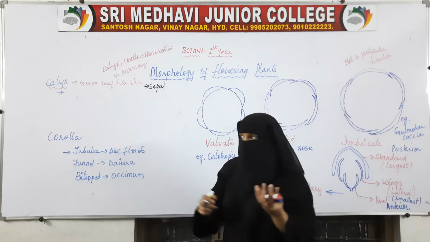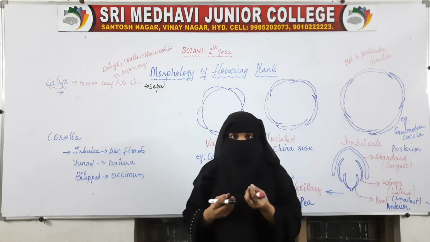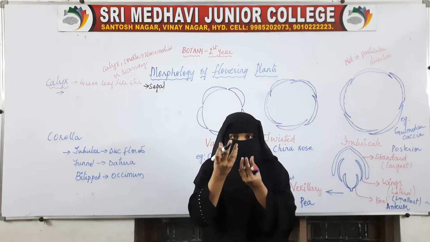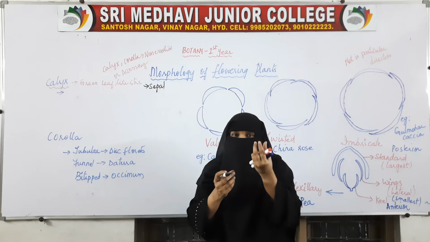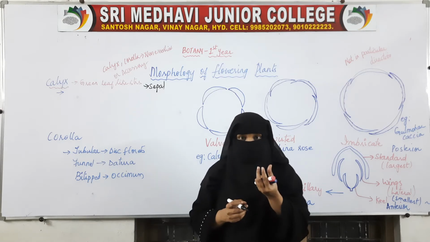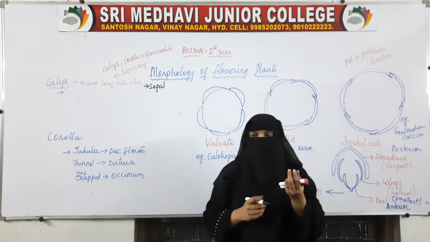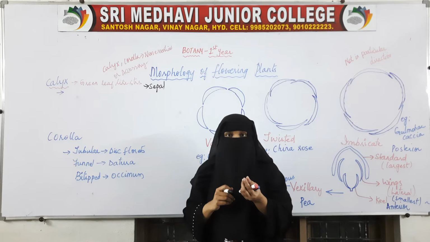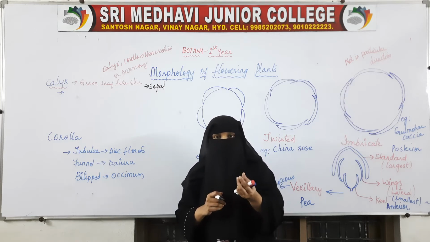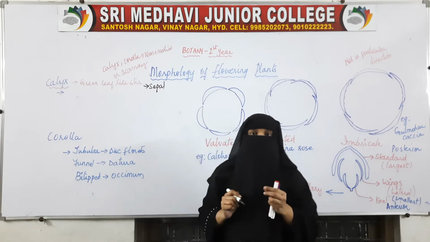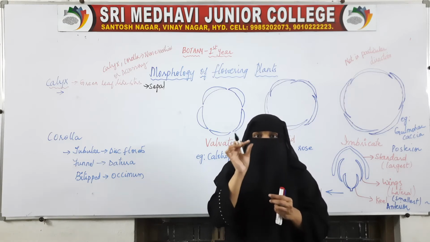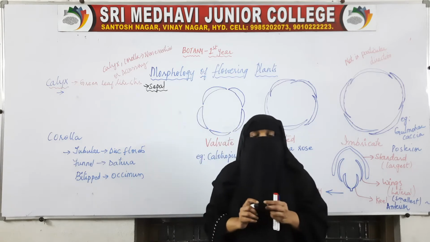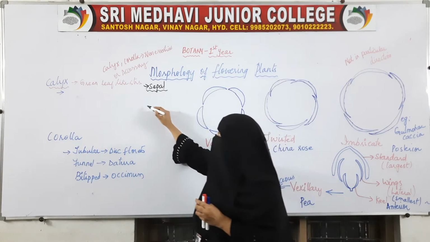We might have seen on a rose flower, just at the swollen part, below the red colored soft delicate petals, there are green leaf-like structures. In green chili, at the top, we find these green leaf-like structures. On the brinjal also, on the top, we find green leaf-like structures. A single leaf-like structure is called a sepal.